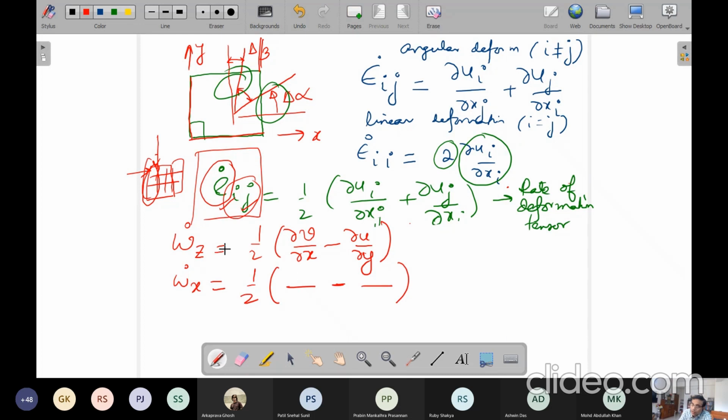So see here, you have z as the axis. So the 2 things that have appeared at the bottom are x and y. But first is x and then y. This first and second is important not for the rate of deformation term, but for angular velocity, because there is a minus sign. So which one will be plus and which one will be minus, that is important. So for that you consider the triad x, y, z.